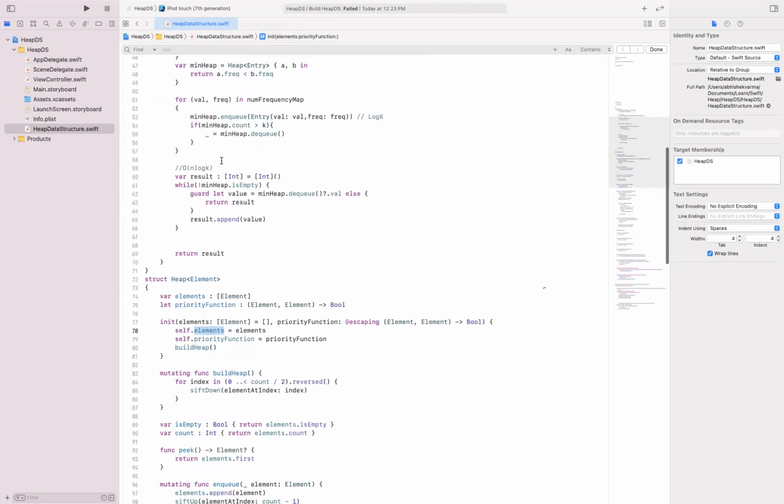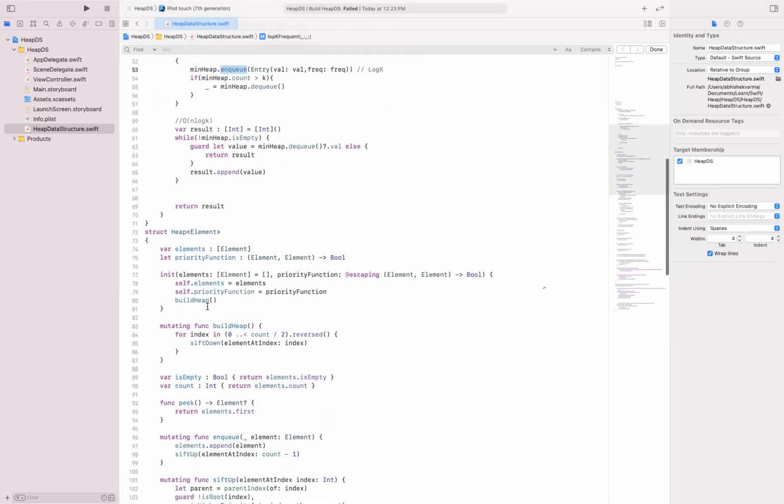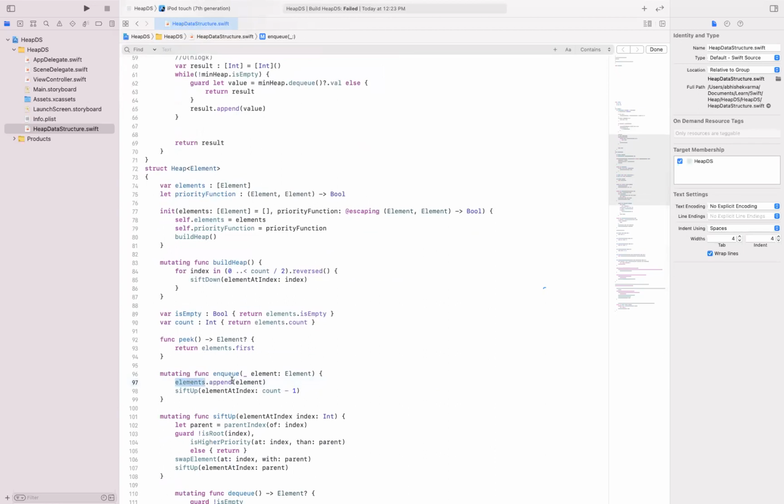Now once I call this enqueue function, that particular element gets appended into the elements array.